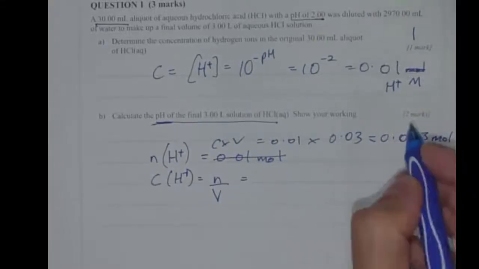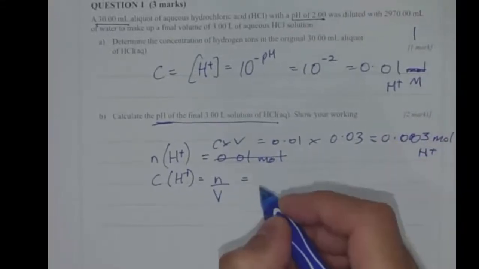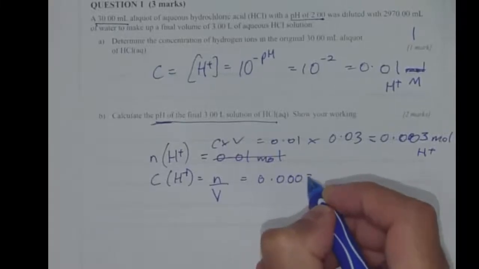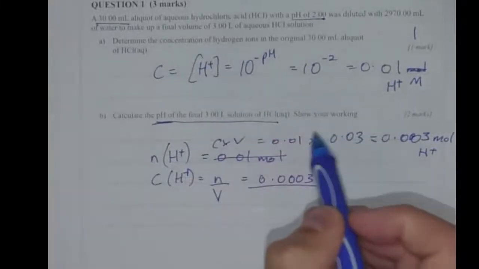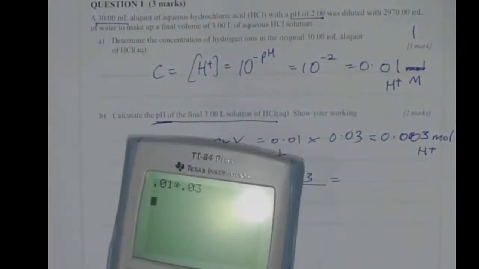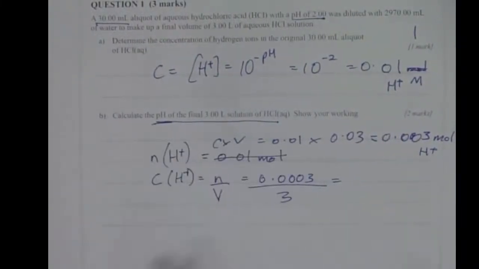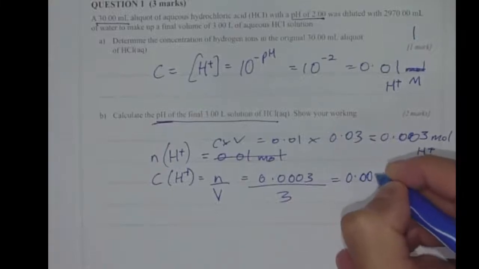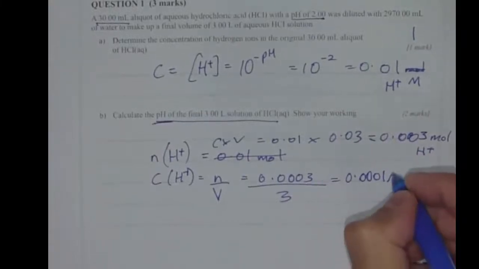And so I know how many moles of H plus. And the new volume is 3 litres, and so I divide that by 3, and I got 0.0001 molar